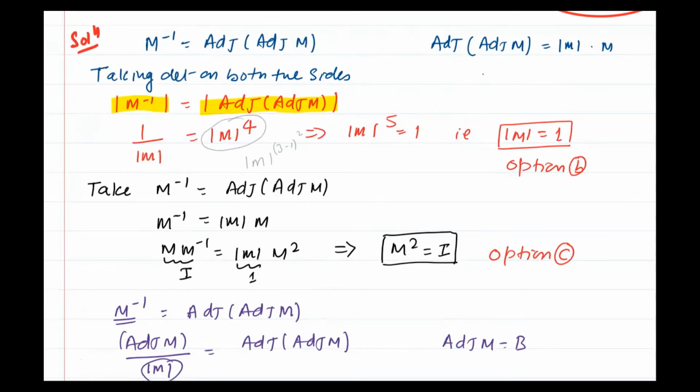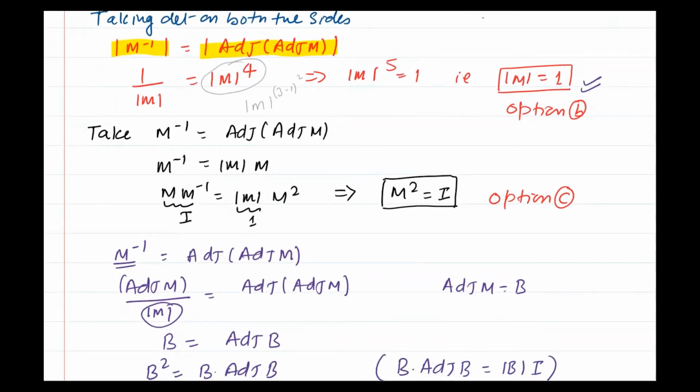So m to the power 5 equal to 1, and m to the power 5 equal to 1 means we get determinant of m equal to 1. Option B is correct. Then take m inverse again, and this is adjoint of m, and